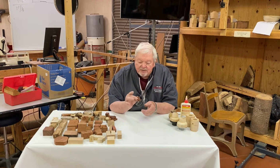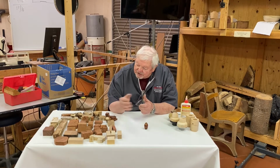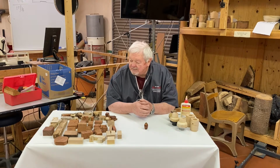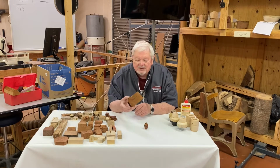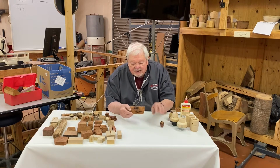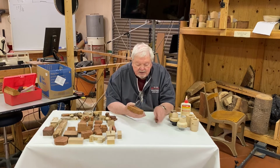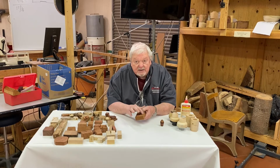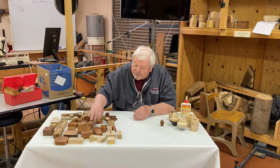So where does all the stuff come from to make something like that? Well, out of your scrap bin. So I've got a selection over here on the right of some of the scraps out of my small scrap bin. And I do a lot with redwood burl, so I have a lot of cutoffs of redwood burl in various sizes. Now this one's got a bad mark on the back side, so I'd have to work around that, but I could cut a corner off of here. Well, that's twice as big as this little vessel I'm going to make, so I could take a piece out of that. If I do redwood burl, like for the top and the bottom of a piece,